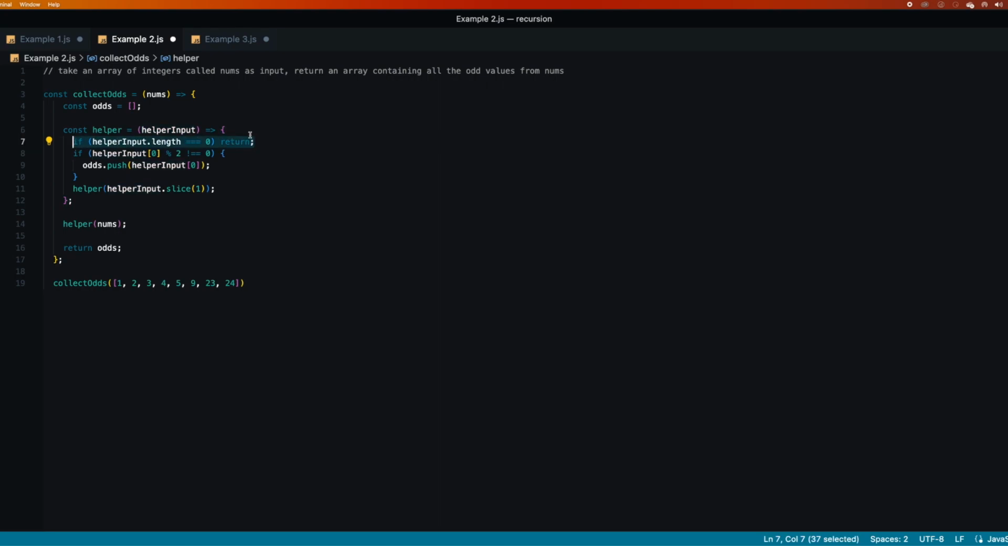So this is the base case. This is the case that stops the recursion when it's met. And the first time it's called, this hopefully isn't going to be met if we are feeding it a proper input. So on this next line here, we're checking, is the 0 index element of helper input, so the first